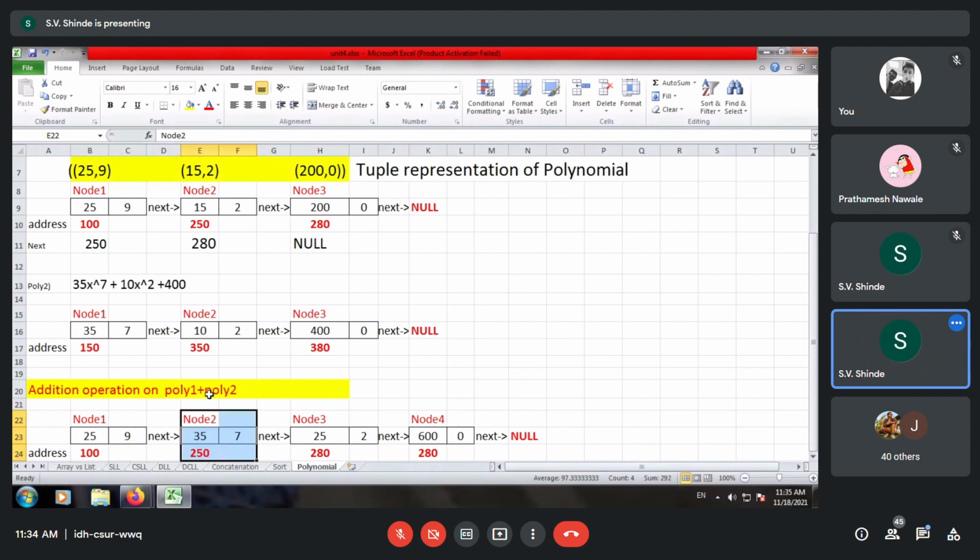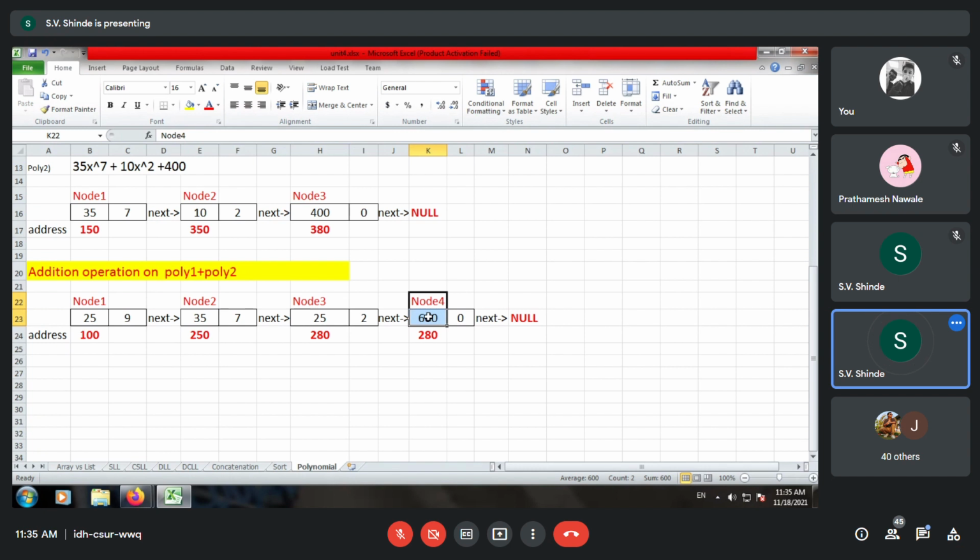Third, you can observe that node 2 of list 1 and node 2 of list 2 are matching with the exponent value, that is 2. So we can simply add the coefficients, that is 15 and 10, and append it to node 3. So that is 25 with the exponent as 2. Finally, node 3, yes, their exponents are matching, that is 0. So we simply add 200 and 400 to get the output as 600.